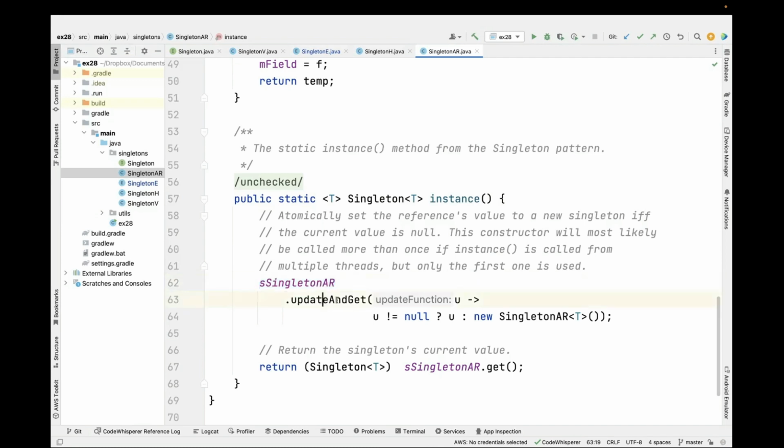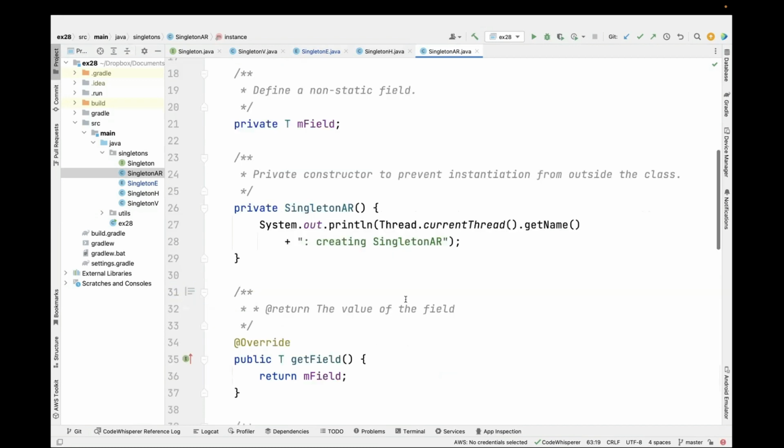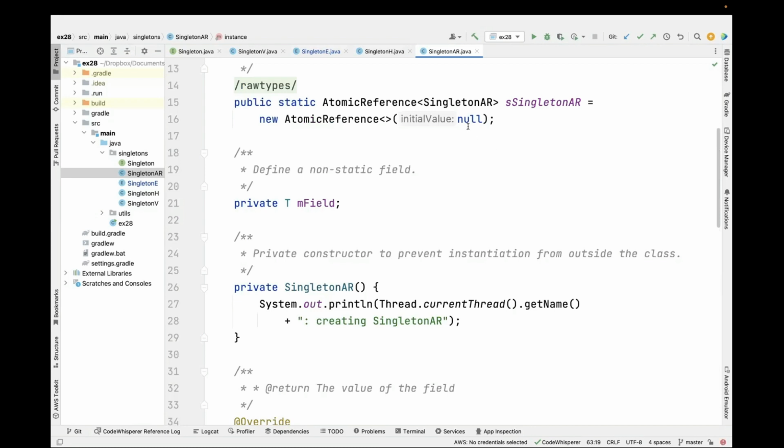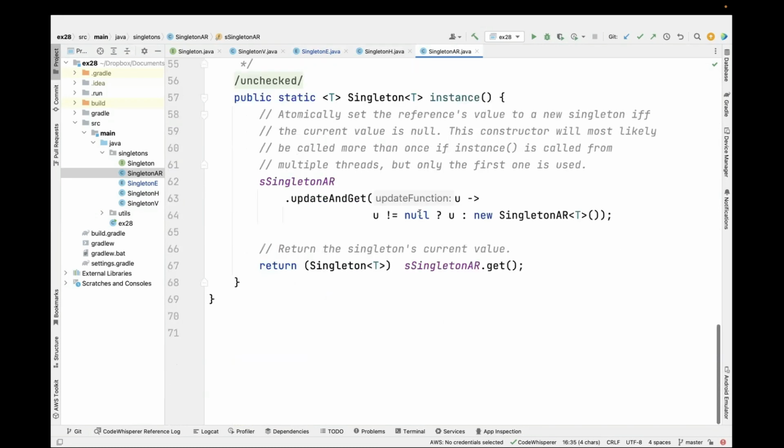What update and get does is it takes a look at the current value of that AtomicReference, which in this case, as you can see, starts out null. If the value is not null, in other words, if we've been initialized, we return the value atomically. Otherwise, if the value is null, then we go ahead and make ourselves a new instance of this singleton AR